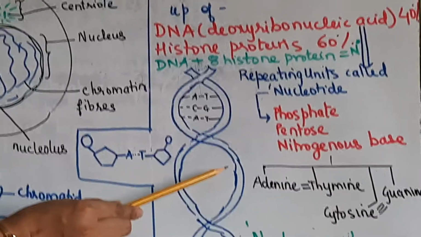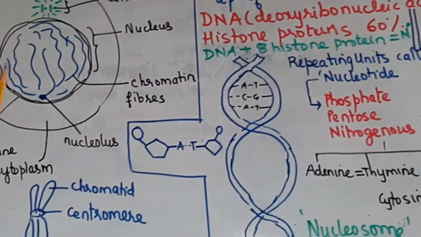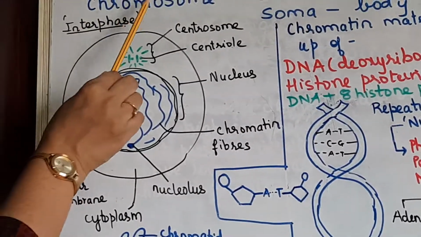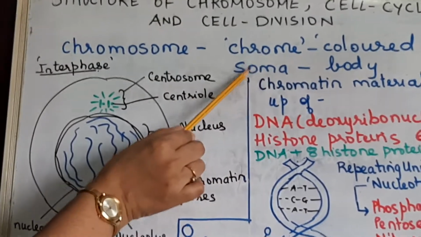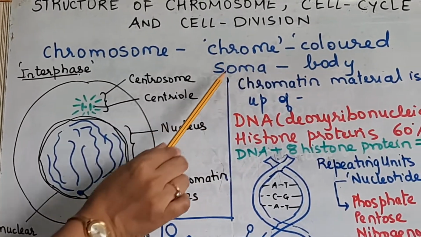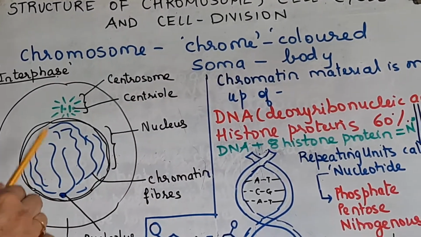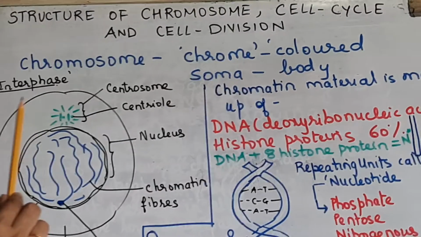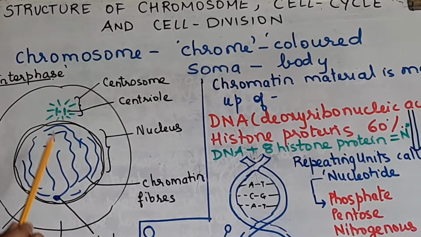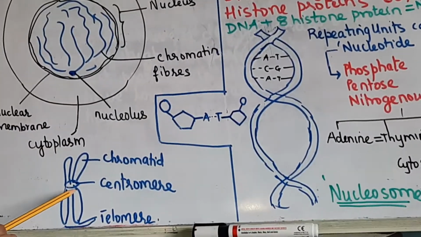So this is what you have to understand with respect to the structure of the chromosome. Now I'll just repeat a few concepts for you. First we said that the word chromosome is divided into 2 parts. Chrome means colored and soma means body. So they are all colored bodies. Only when you use a stain can you see this chromatin network in the interphase. And just prior to cell division, this chromatin network, which is long and thread like, will become short ribbon like structures called the chromosomes.